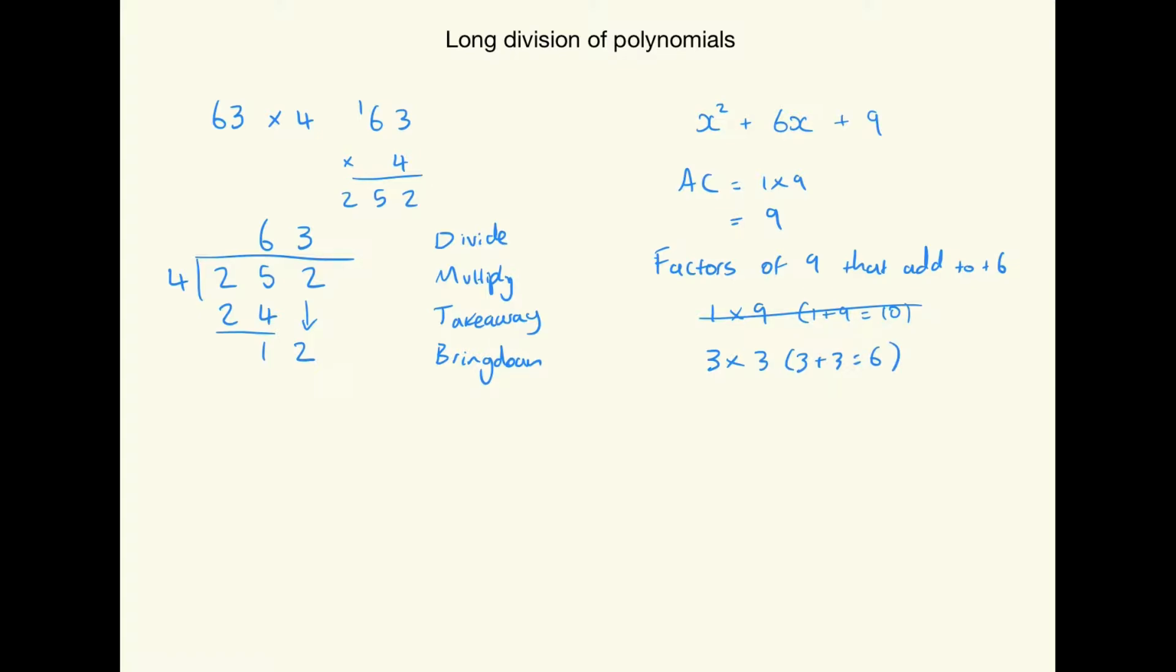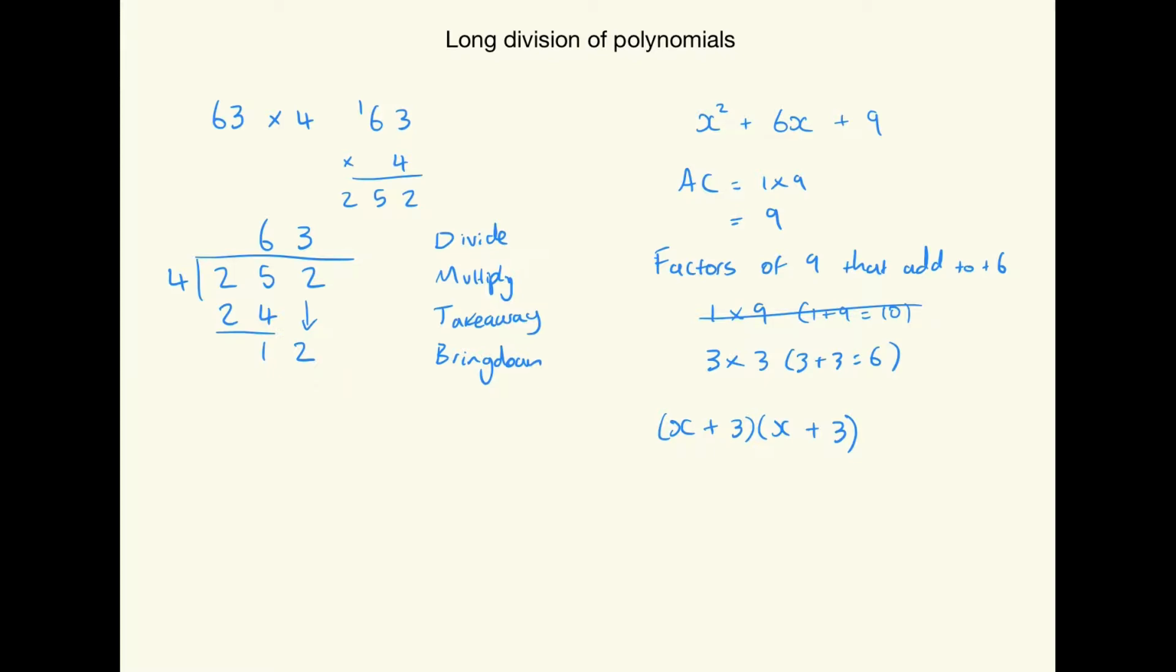So writing our answer as 2 factors, we write x plus 3 times x plus 3. So I know that if I multiply x plus 3 by x plus 3, I will get x squared plus 6x plus 9. That's a fact. So what I can do is I can use this